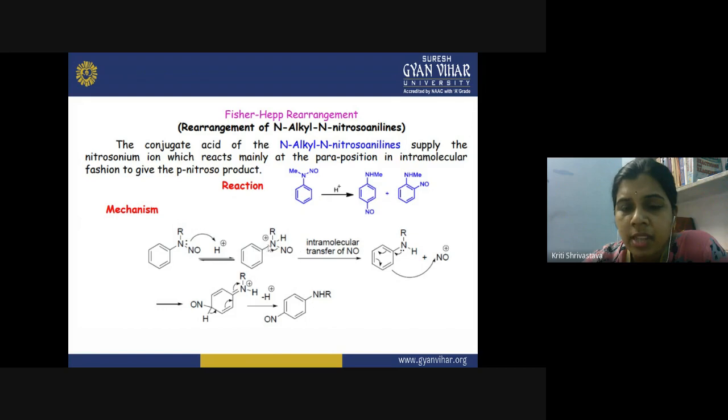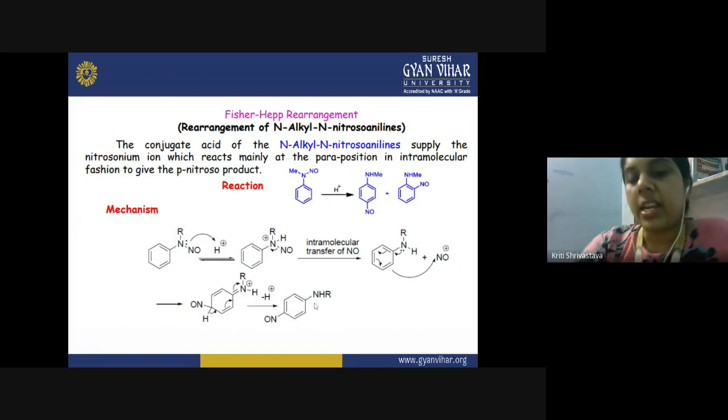So once the nitroso group is removed, what has it generated? The NO plus group. And now the NO plus can attack both at the ortho position and at the para position. So after the reaction, what happens? You see that the para arrangement is much more feasible as compared to the ortho position, because the bulky group is there, you already have a methyl group here. So attack at the ortho position is very much hindered, and finally the major product will be the para product, because the attack at that position is feasible due to the steric hindrance at the ortho position.